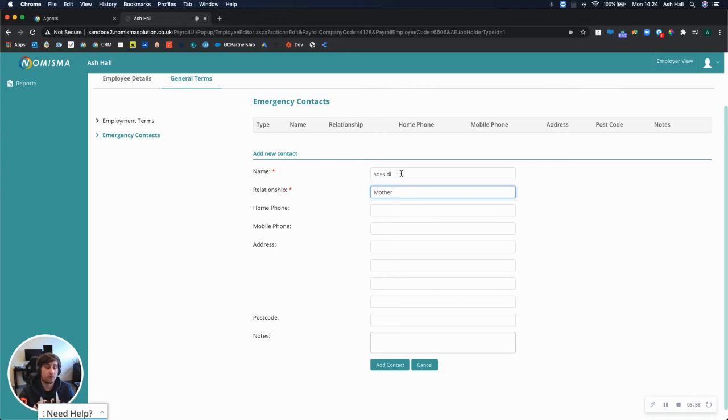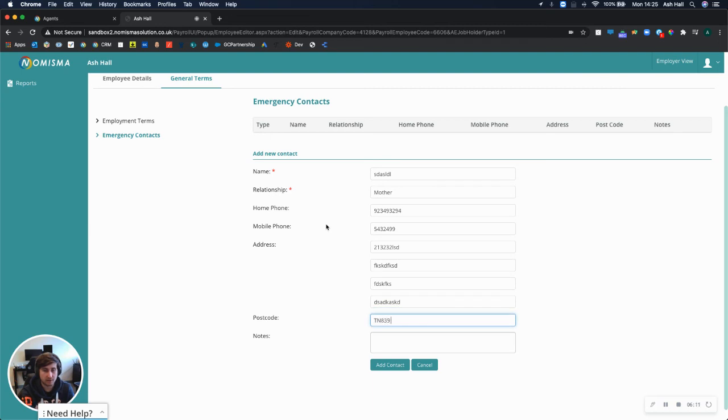Really useful for your directors or any companies that are accessing the payroll themselves, because we do have an employer view where your client can actually log in and view the payroll. They can view their staff, they can view the staff profiles, reports, and they can actually log into the mobile application as well. So we can enter a phone number, an address,